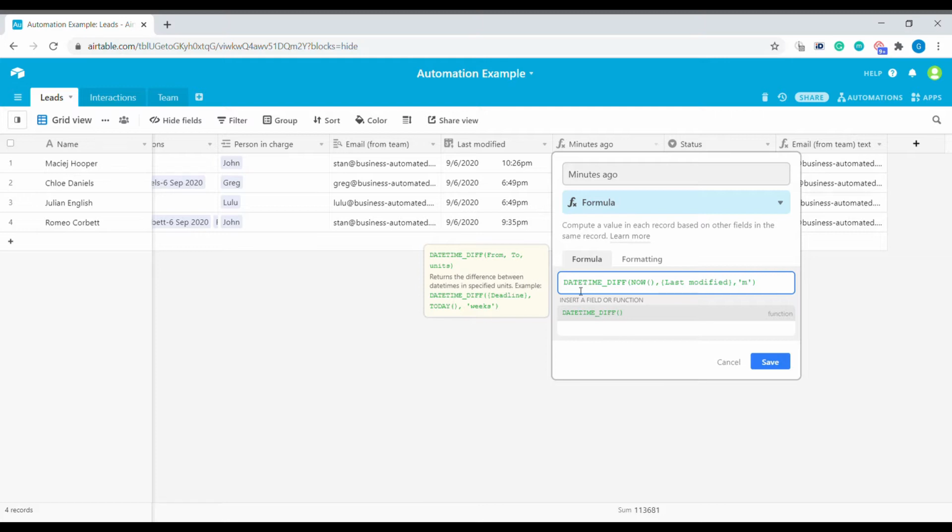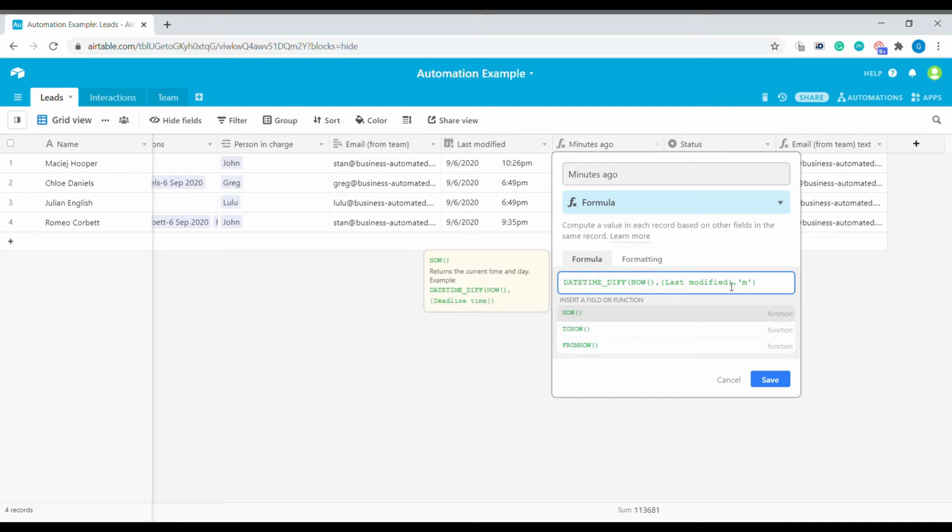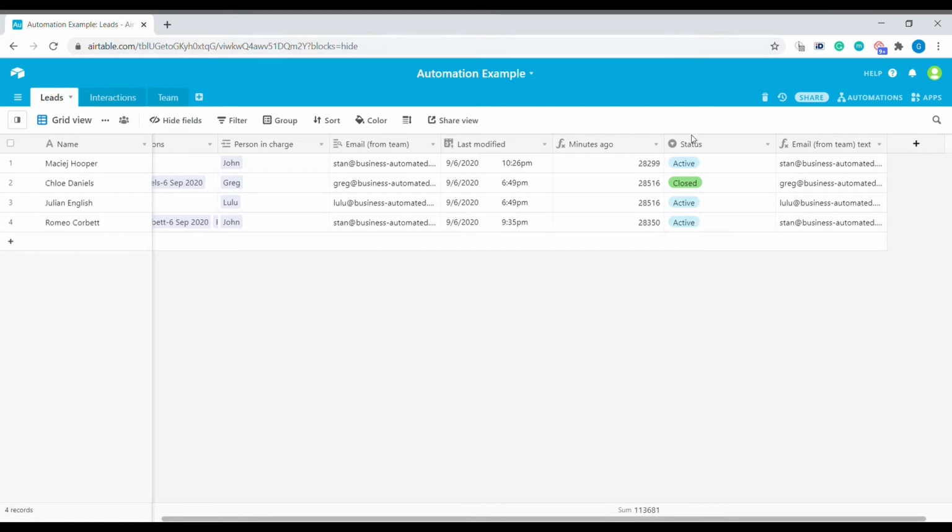So what we are doing here is a datetime function that deducts the last modified date from the current time and shows this in minutes. It actually could be more useful for a proper setup to have it in days, but for the sample of this video, we will be using minutes, and I'll show you what this is useful for.